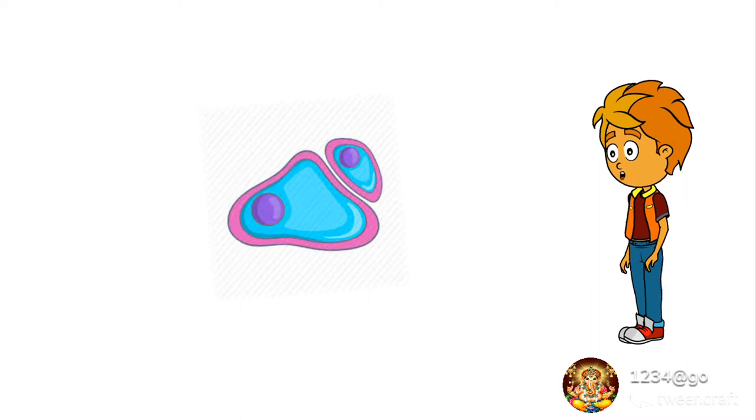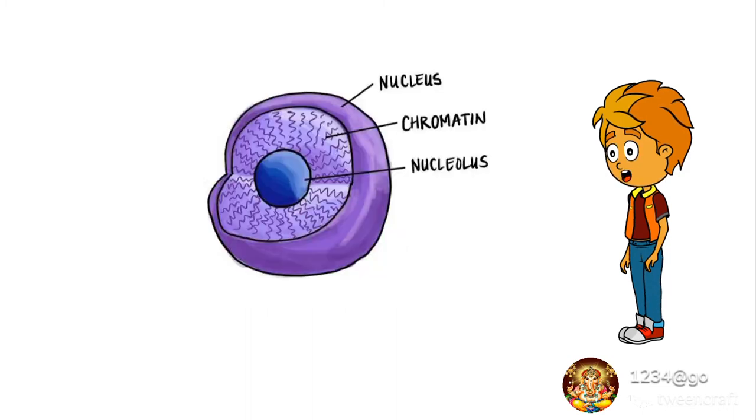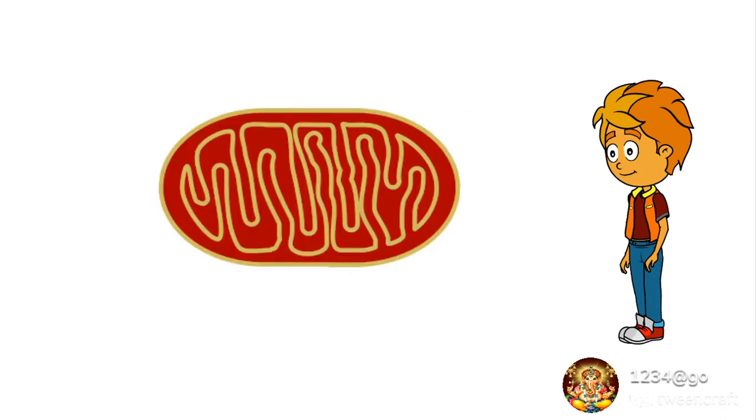Nucleus. This is a dense spherical body that controls all the cell activities. Therefore, it is known as the brain or the control center of a cell. It is the most important part of a cell. Functions of nucleus. It regulates, coordinates, and controls all activities of the cell. It plays an important role during cell division. It contains genes which determine the heredity of the organism. These are some parts of nucleus.